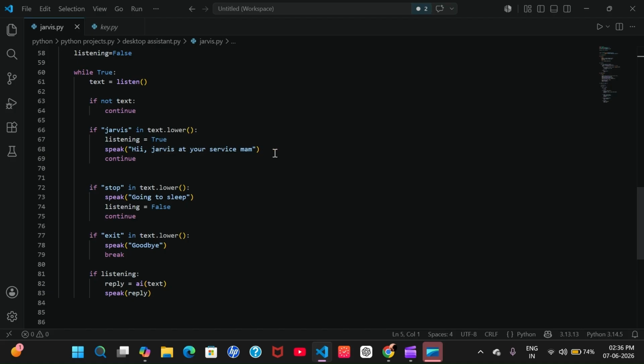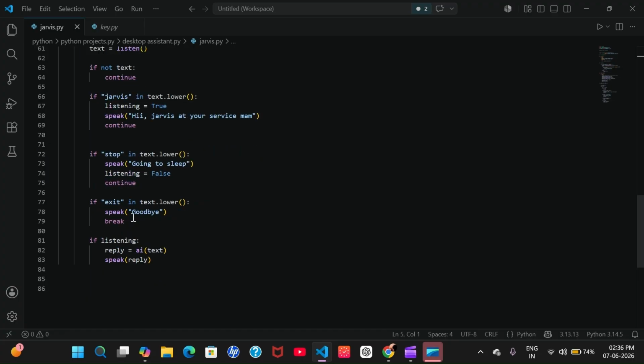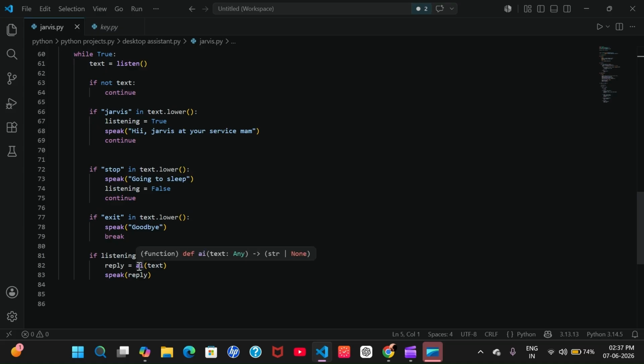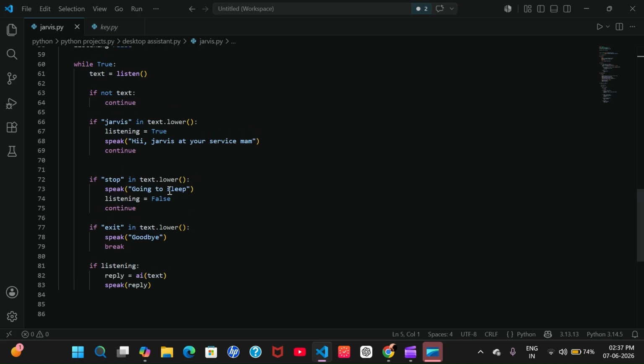Okay, then it will continue to the next iteration. If I say stop in text.lower, then it will say going to sleep, and listening will be False. Okay, then continue. Now if exit in text.lower, then it will speak goodbye and then break from the whole code. If listening, means if listening is true, are you able to understand? If listening is false, then this block of code will not execute. If it is true, only then this will execute.